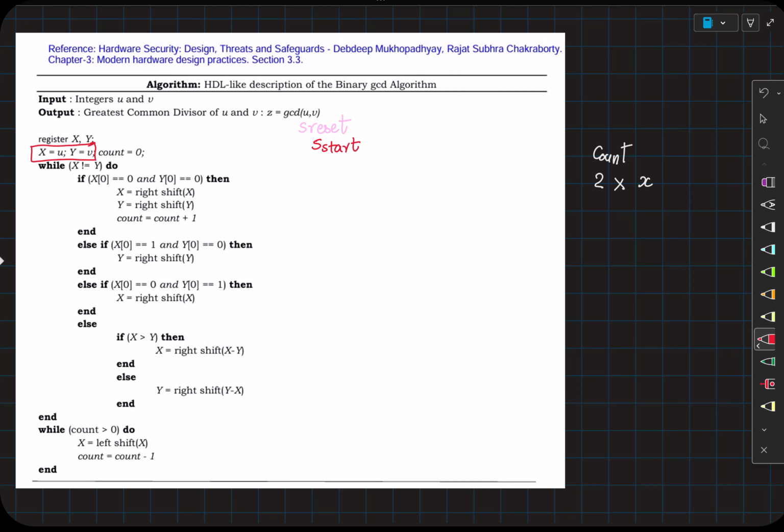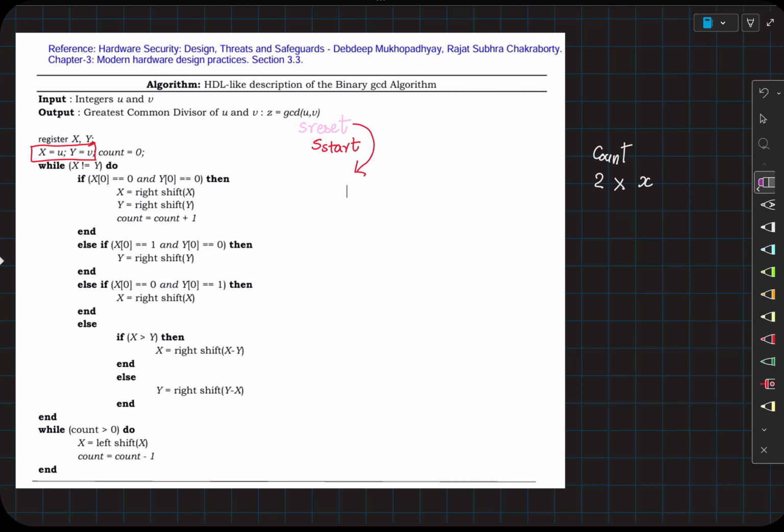Now, there was an interesting question here. Why do we need a separate state like this? Can't we directly move from reset to whatever the next state is and load x and y if you get the start signal high when you are in the reset state? That is also a very reasonable solution. So what I am presenting to you necessarily is not the most optimal solution in which you can implement this. You can come up with more reasonable solutions. I'm just taking you through the flow of implementing one algorithm. That's all. Yeah.